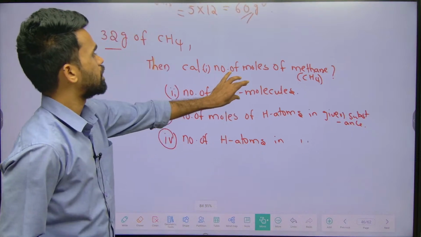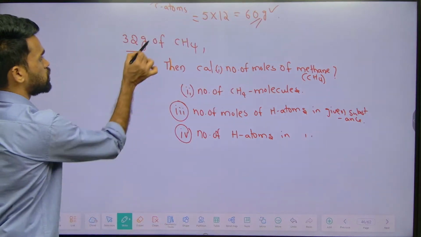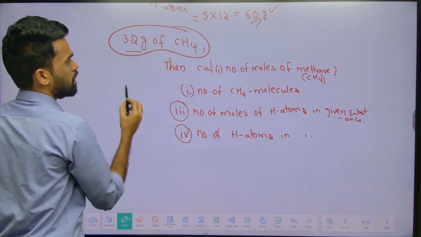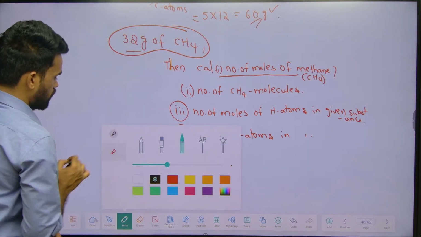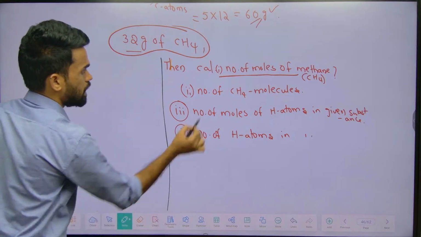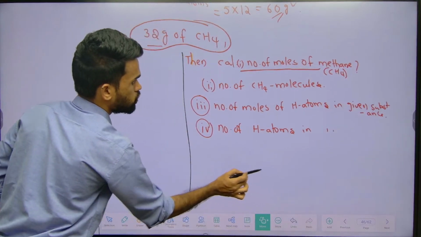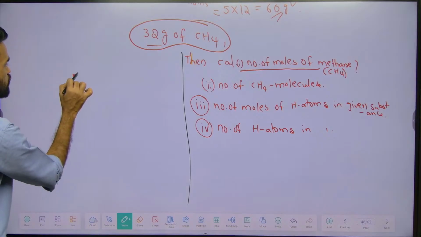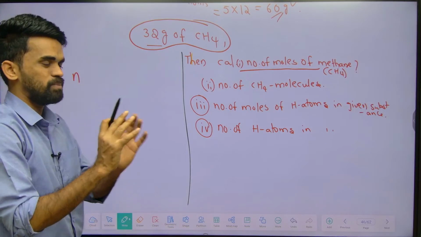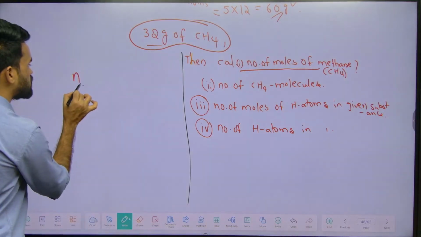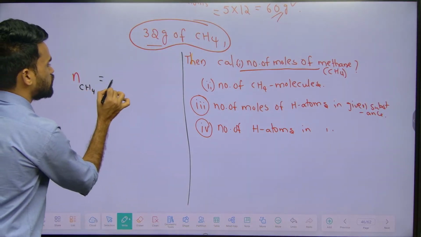It is very simple. First of all, read the first question, what they have mentioned. 32 grams is given and they are asking to calculate the number of moles of methane. Number of moles I am indicating with the symbol N, the standard way to represent number of moles. So number of moles of methane is equal to given weight of methane